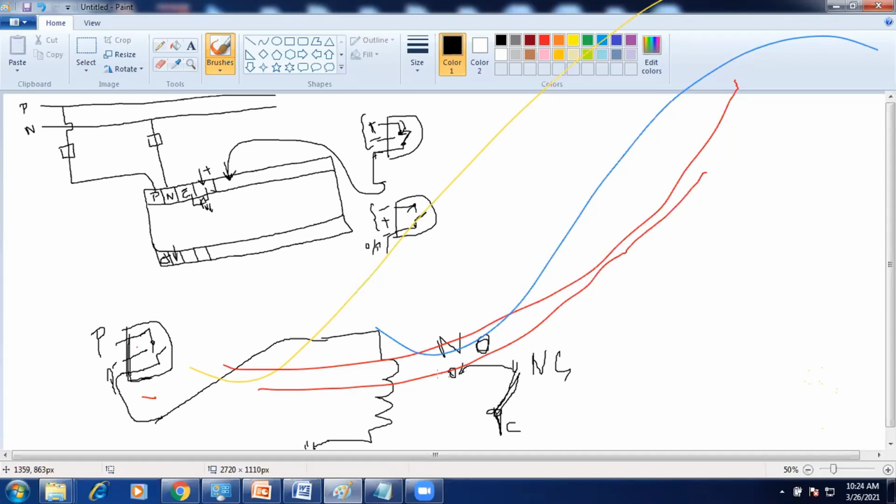So what I am connecting in that common will be moved through this normally open. In this common pin, I am going to connect negative from an external SMPS.